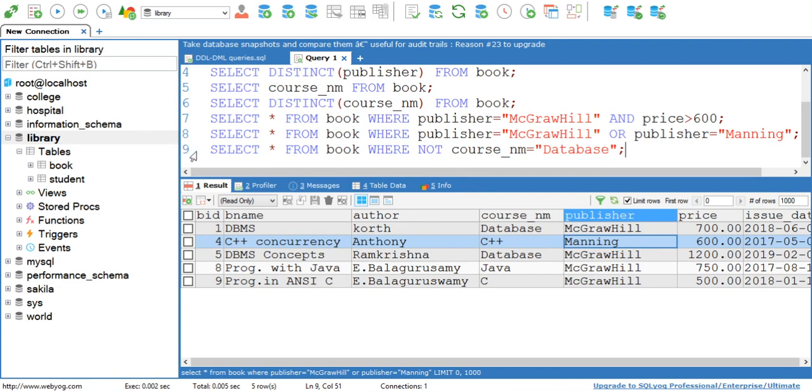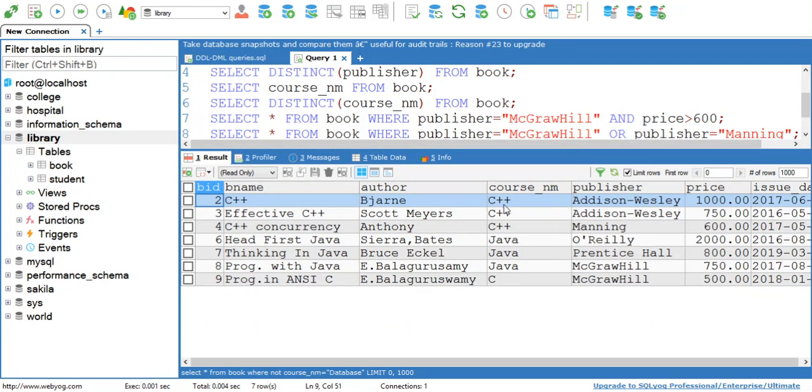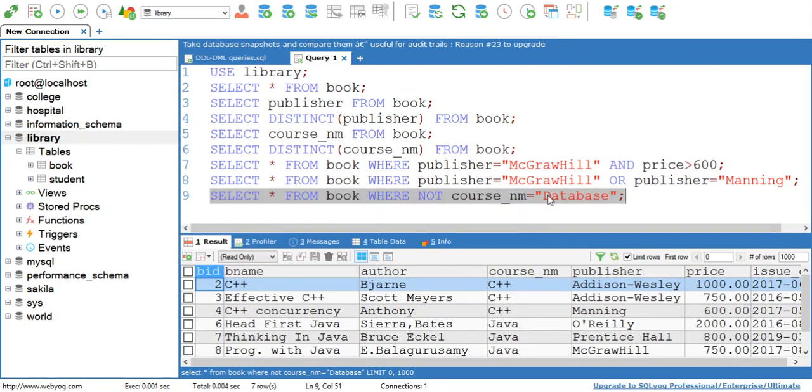Here I don't want to display data for database course. At the output you are not finding any book of database. Course names are C++, Java and C. So if you want to omit any data value from the output, you can use not.